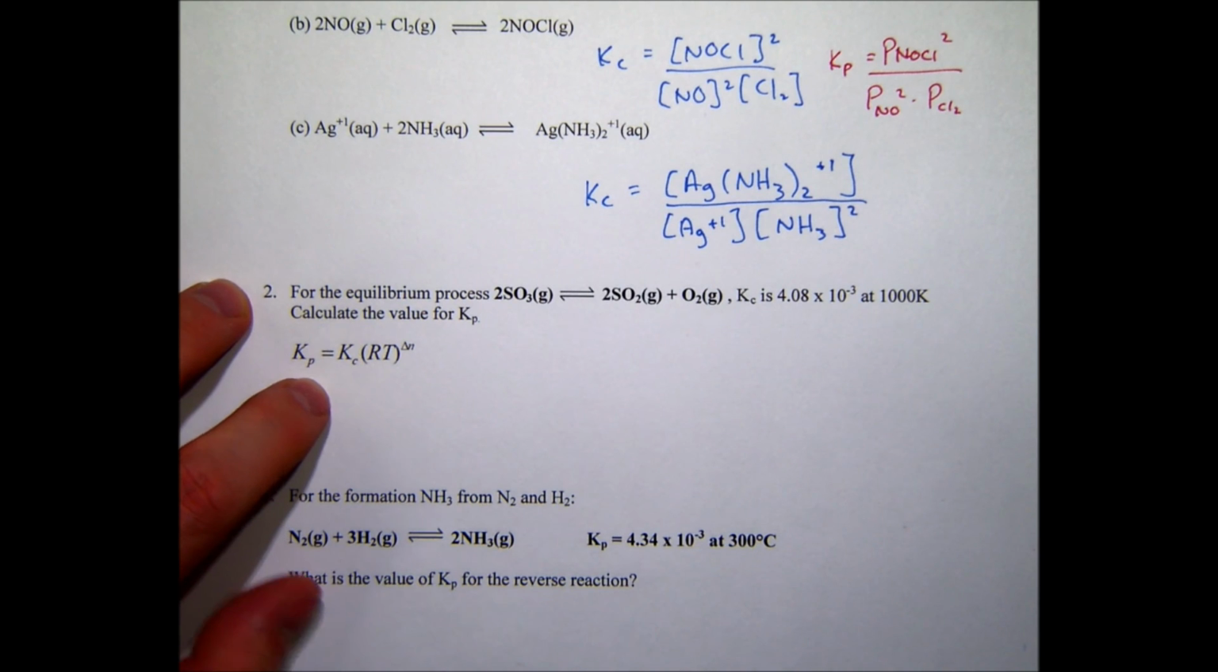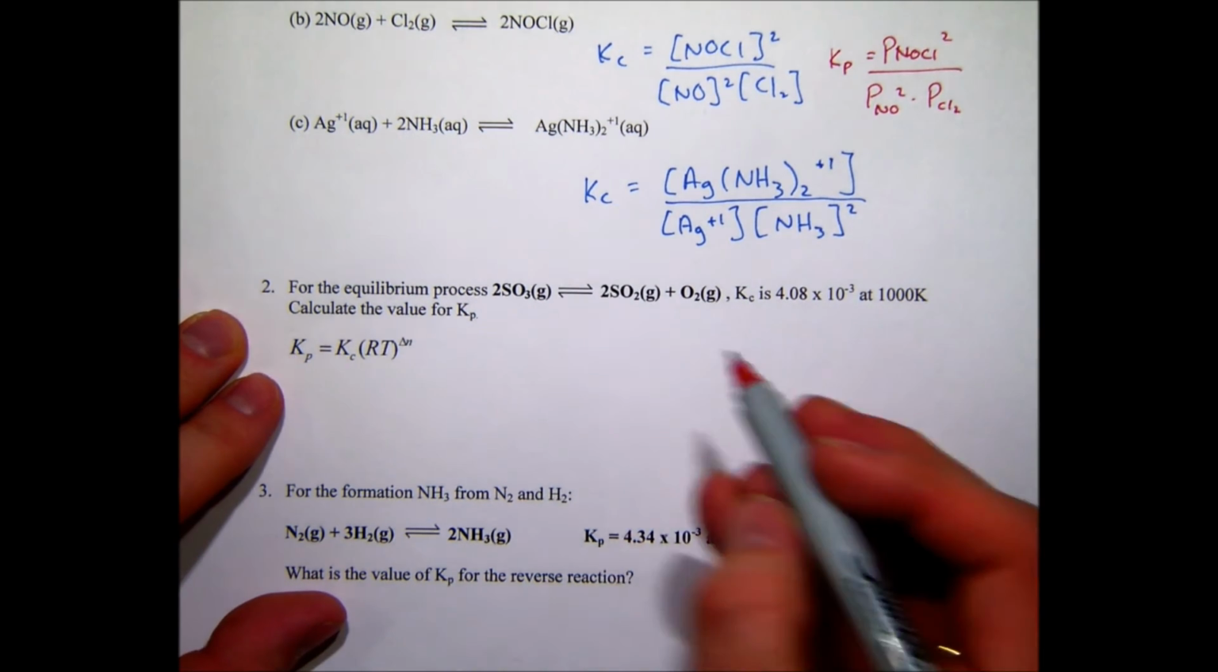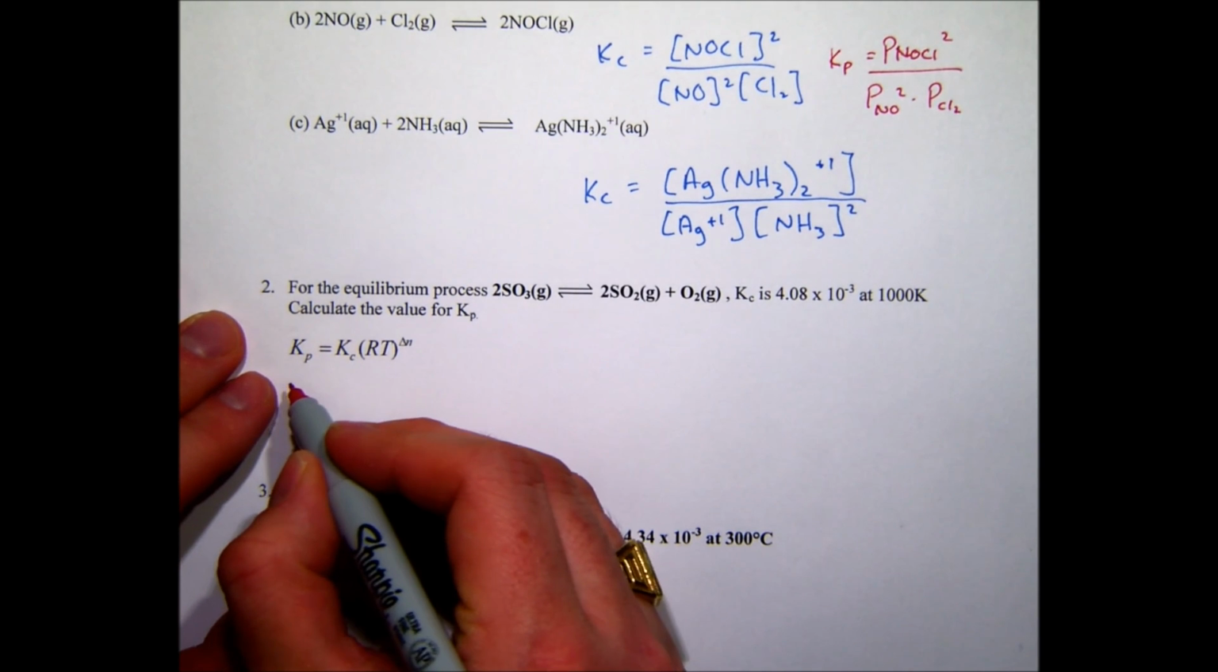If you have a liquid or solid in the chemical equation, liquids and solids are not included in equilibrium expressions because their concentrations do not change. So you would not include those in the change of moles either. It has to be the change of moles of gas because you are dealing with partial pressures. So we simply are going to write